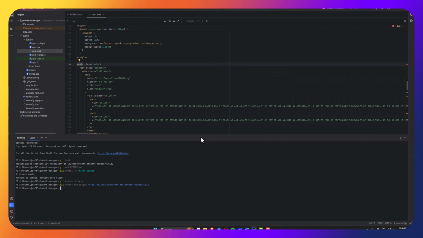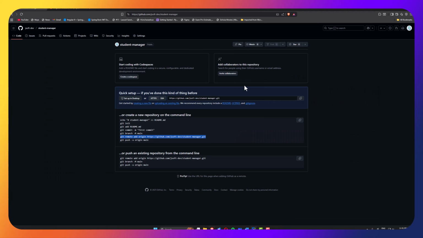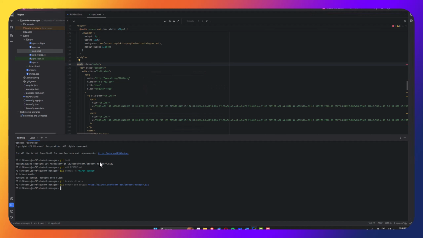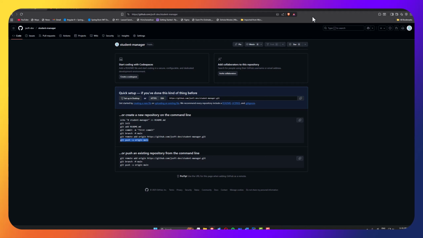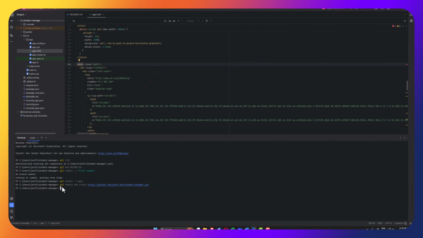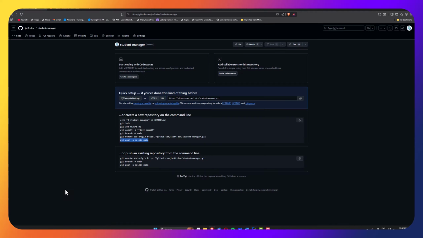Okay, no errors, still good. Now, this command has still not done anything with the remote place, the cloud place, but it's just adding the URL to be connected to the remote repository. It says, okay, local git, please add this URL as our remote origin. And now with the final step, git push